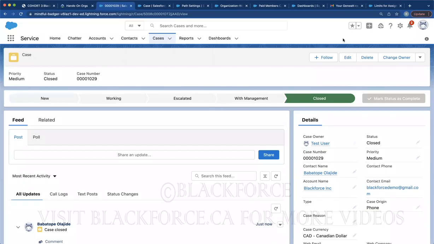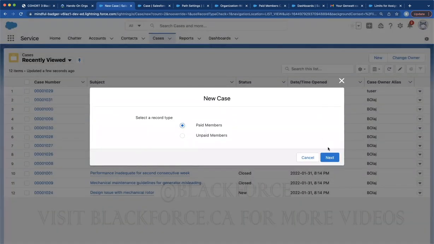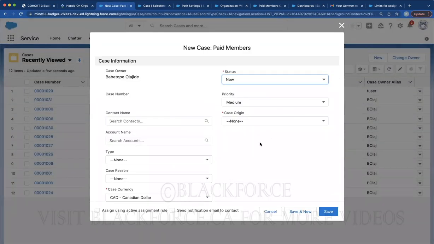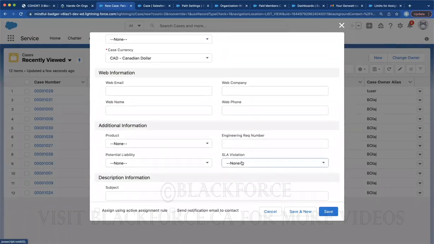While filling out the new case on the template, what does the SLA violation stand for in that? So SLA violation is service level agreement. It's something, again, that has to do with the business. Everything here is what Salesforce recommends as a way to create a case in a business. Everything here you can change, but according to my understanding, SLA violation is this: